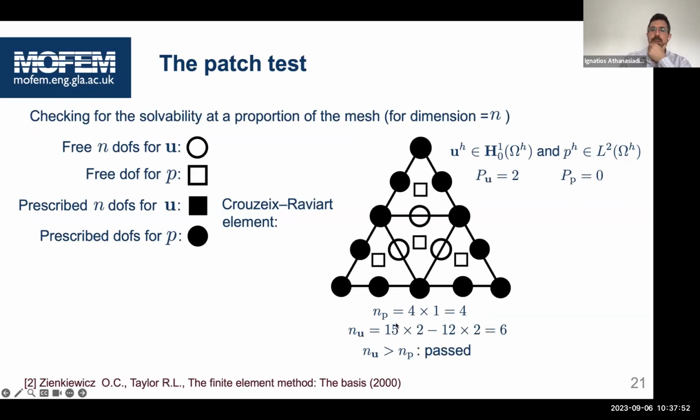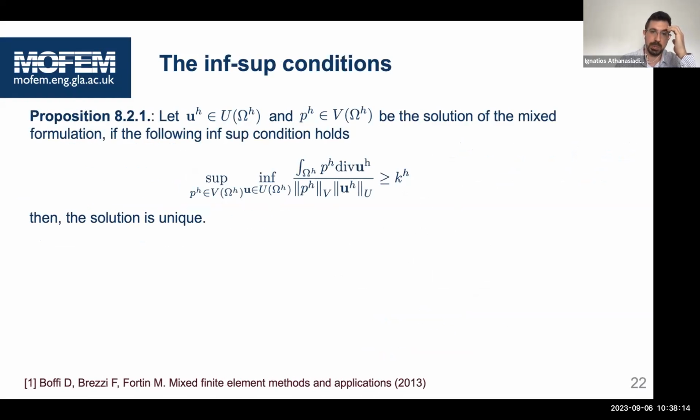But somebody could say, okay, we can bump down this, and if we have unlimited resources, as Chris was saying earlier, we could just bump up the number of unknowns for displacements, and we would be just happy. We would never think about these problems. However, there is a deeper understanding of these formulations, and here I present the proposition presented in both the Brezzi